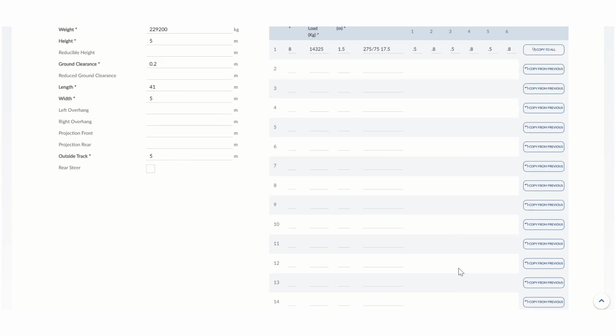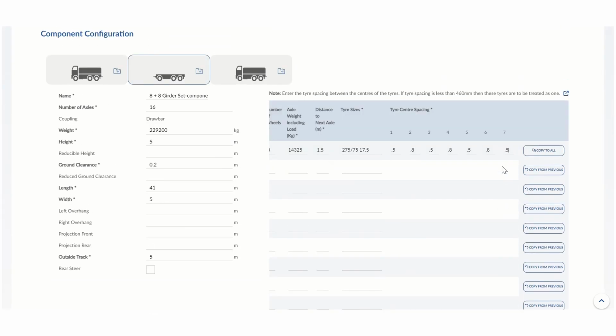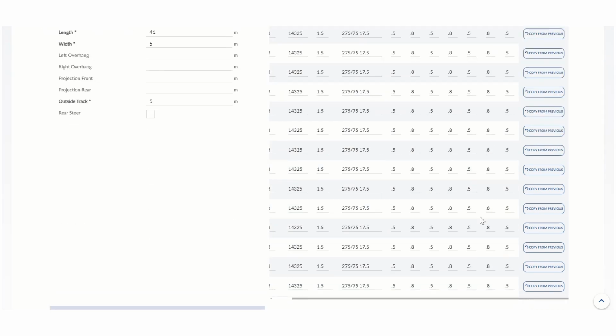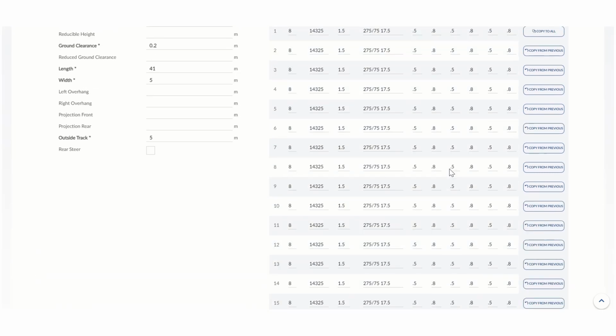Just type that one in if you want to see it. Just move it across, see the full lot, and because we're going to have all these axles the same, we can just copy all and it copies everything down. So the only thing we'd need to change then would be for the middle axle. So axle 8 we'll give a longer